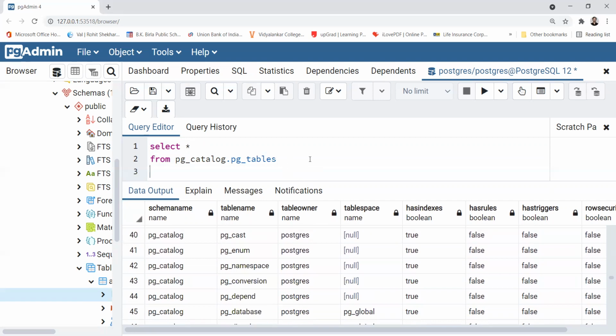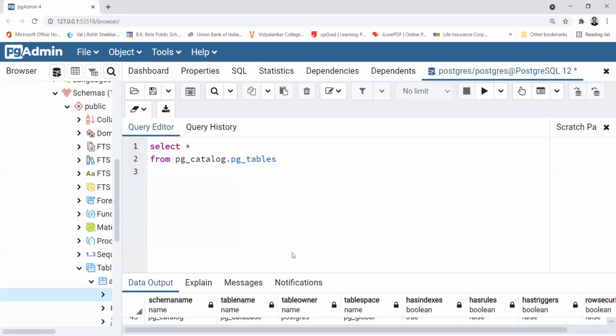So let us modify the query to some extent, and let's review the result once again.